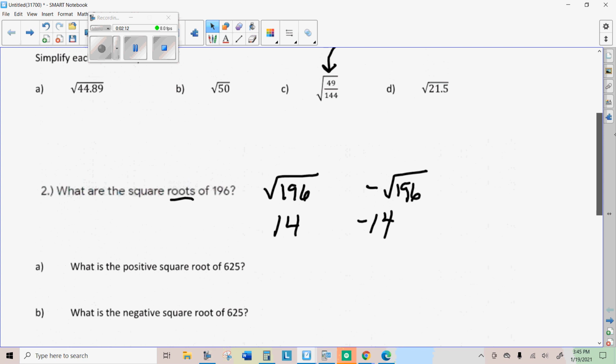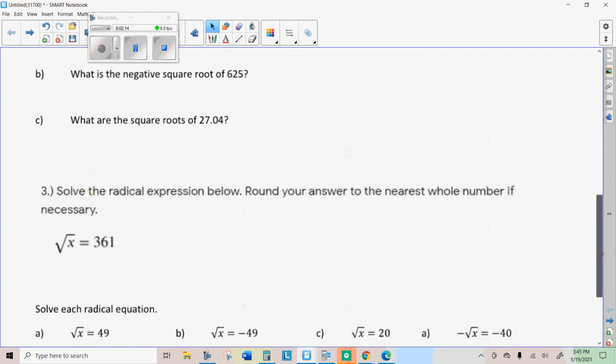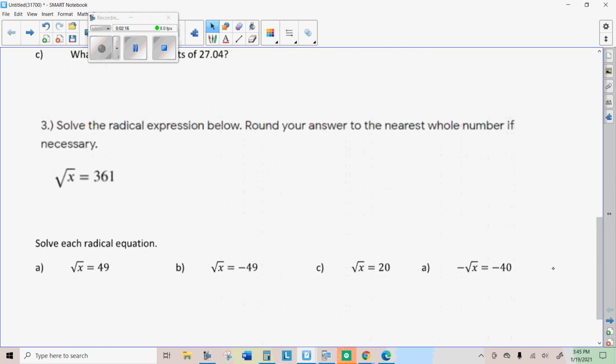Number 3 says, solve the radical expression below. Round your answer to the nearest whole number. Remember that the way you undo a square root, these are inverse operations, is you square it. So if we want to get rid of the square root, we just square this. And when you square the square root of x, you get x. And so we need to do 361 squared,